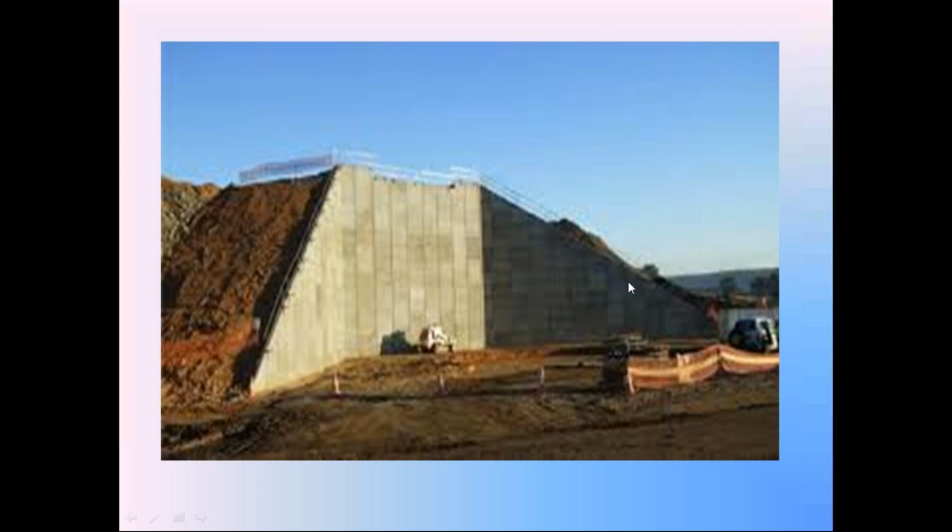This wall is constructed to support the soil on the back side. The material this wall is supporting is soil. Since this wall structure is supporting, retaining the soil on the back side, we call this structure an earth retaining wall. Since this wall is supporting the soil on the back side, the soil applies pressure, horizontal pressure on this wall. This entire soil on the back side of the wall applies large horizontal pressure on the wall.